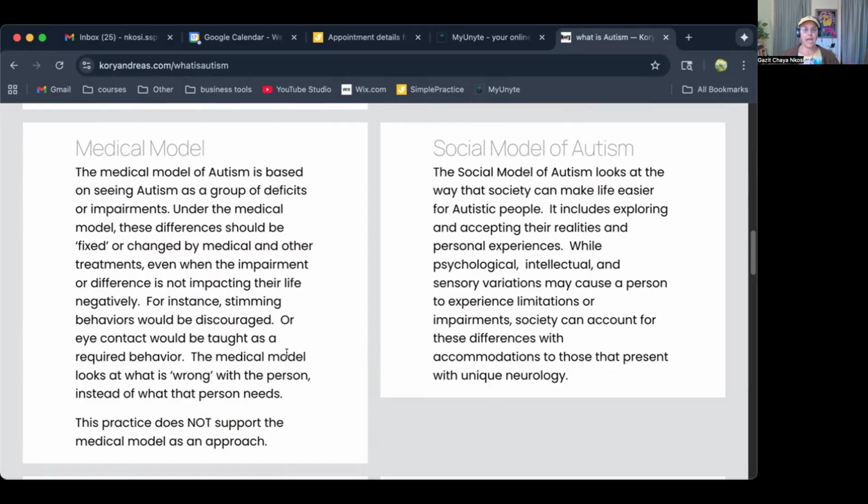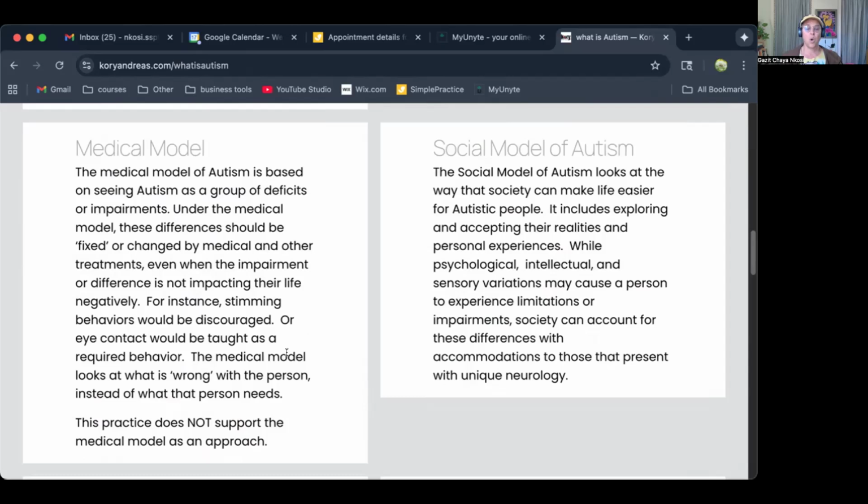And I love that she's very clear that her practice does not support the medical model as an approach. She is a therapist. She does do autism evaluations. I am going to be having one with her. I like her model. She does like 4 or 5 visits and takes a nice long conversational approach. So I'll have more to tell you about that whenever I get that scheduled and completed.